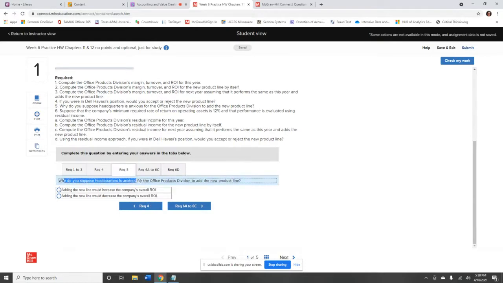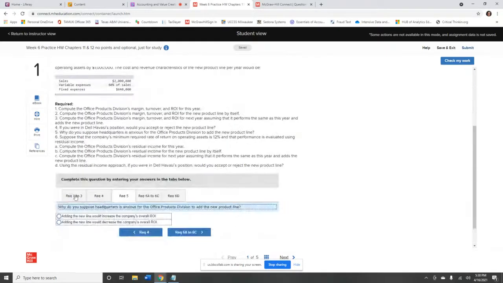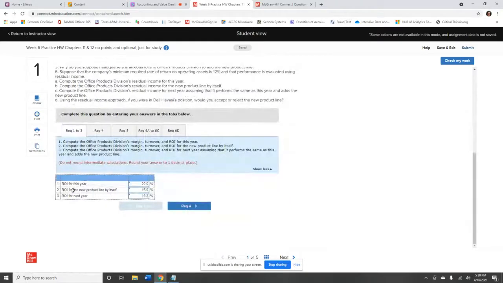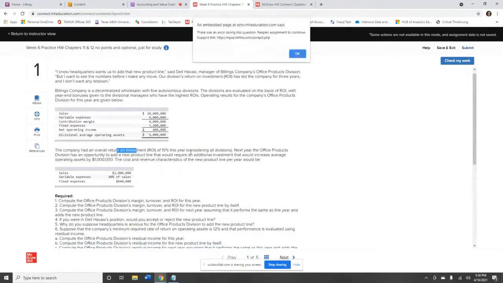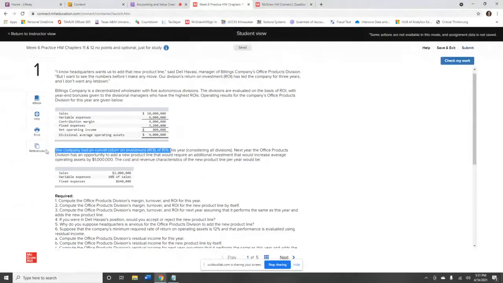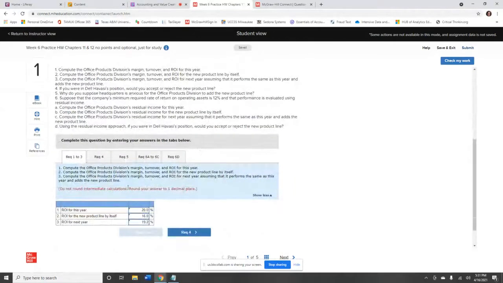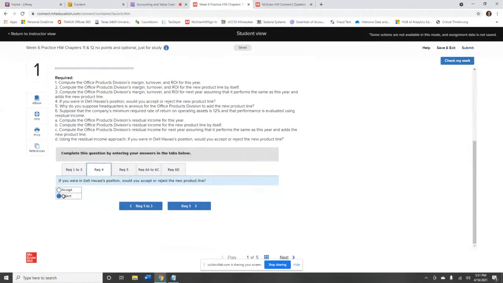All right. Now, why do you suppose headquarters would want to add the new product line? So this new product line, if you'll recall, is 16% by itself. It's 16%. And the company is at 15, right? So this will increase the company's ROI overall. Del himself in his division doesn't want to do it because it'll lower his division's ROI. But the company, taking in all 5 of their divisions at 15%, wants to add this because it will